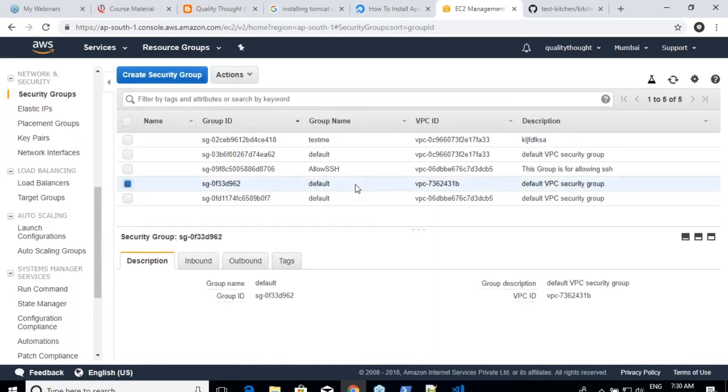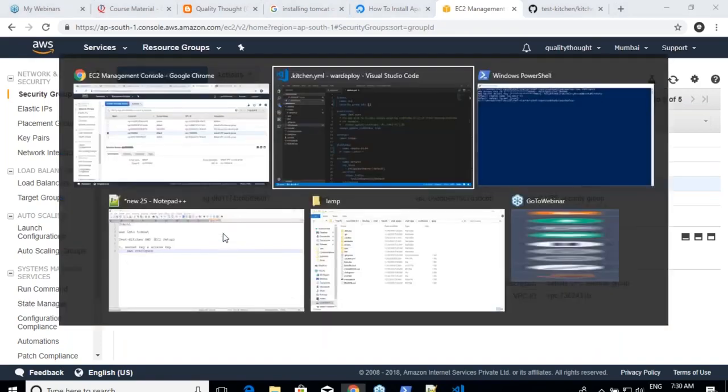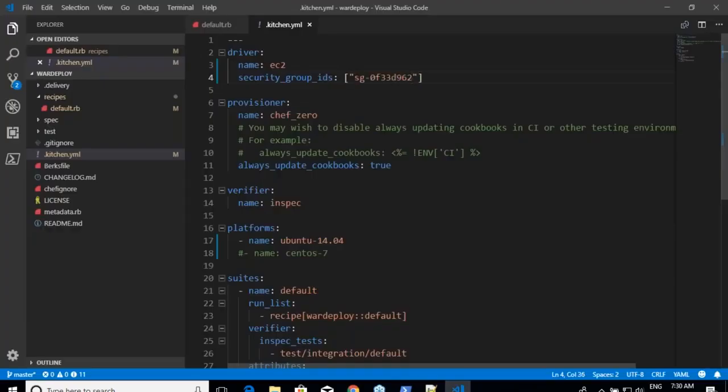You can take anything, but remember, your security group and your network have to match. You will not have trouble because you have only one network, right? So what is the security group ID over here? Copy this. You have to give the ID, not a name. Okay. So that is done.